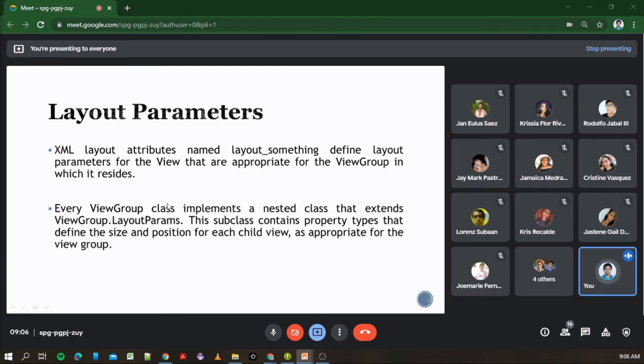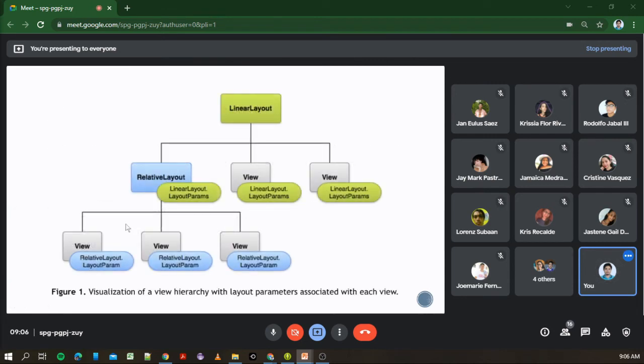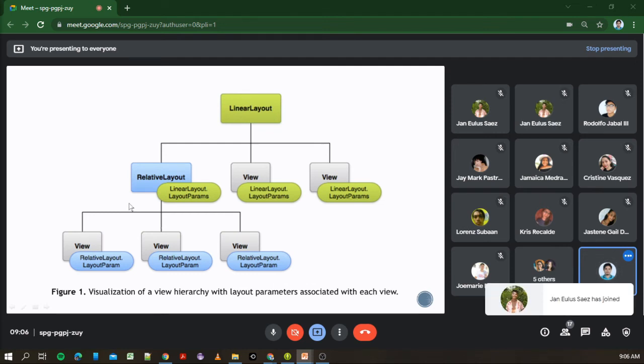So pagdating naman sa tinatawag na layout parameters, each view group class implements a nested class that extends ViewGroup.LayoutParams. This subclass contains property types that define the size and position for each child view as appropriate for the view group. Pagdating sa mga layout parameters,